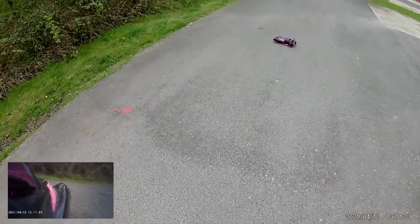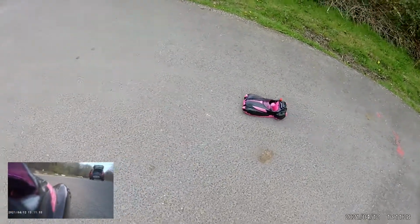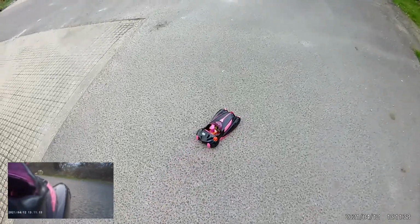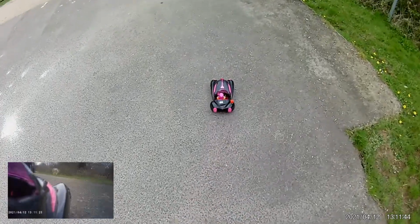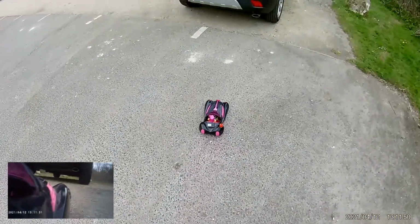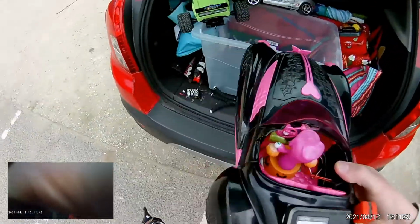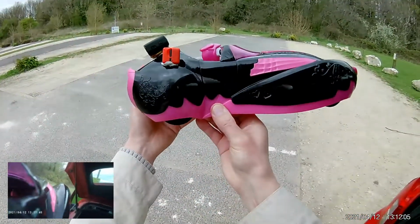Trying to find a clear bit of tarmac to give it a chance to get moving. Nah, the wheels are just spinning. So that'll do for that one. It did get up to 6 miles an hour, but yeah, there's a complete lack of ground clearance there,